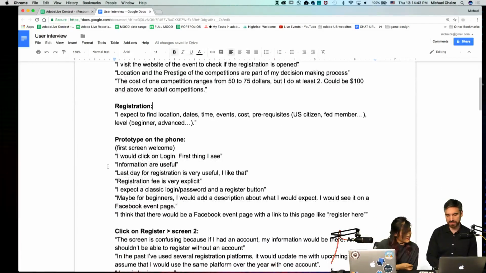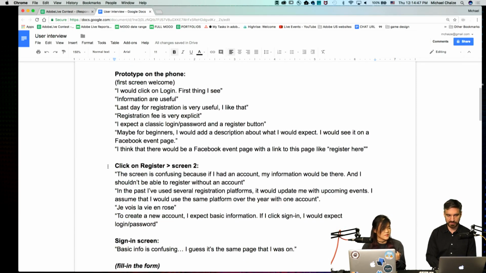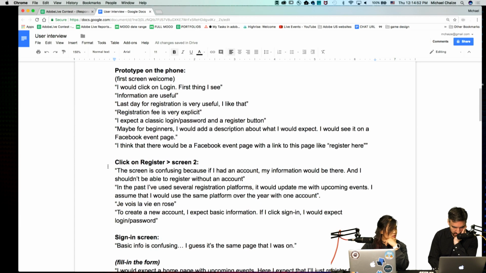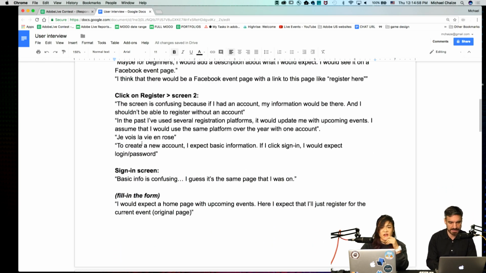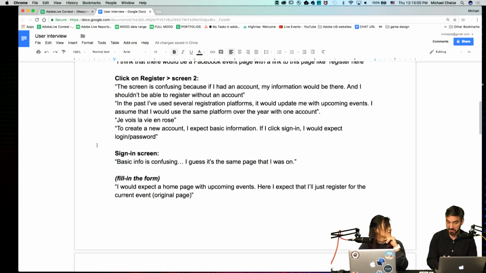So he mentioned several times the blurb on the first screen. Yes, you mentioned seeing more information. Yeah, especially for beginners. That was a good point. Then after, for the first screen, otherwise he was happy. He was mentioning Facebook a lot of time, like Facebook events. I mentioned that on the first day, so I fed him that information. That was good.